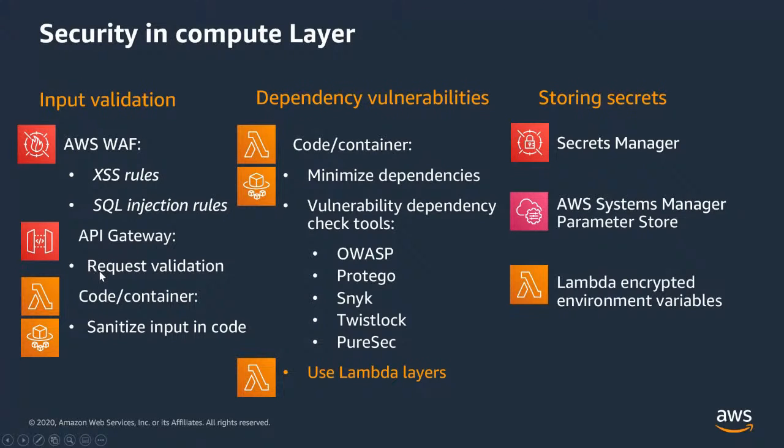Then you have API gateway requests. You can also validate the request in this case, so you can ensure there's a payload, or there's not a payload, and whether this is the type of payload that's supposed to come in or not. Then at a code container perspective, this is where the onus comes on the developer, where you sanitize the input in the code. Definitely as a developer, you don't expect to be building an application and not sanitizing your input, right? You would do that even if you're doing it on localhost. And if you're not, then we should be having a different conversation altogether. So that's basically on input validation. Some of this you will have to do yourself, but the brunt of it can be handled by services like WAF and even API gateway.